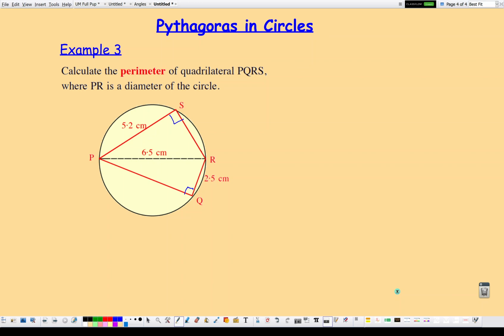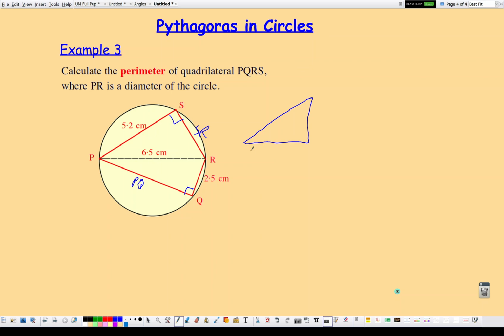Okay, so we've actually got two separate calculations to do here. I need to find the length of PQ, and then I need to find the length of SR. Now, they are both shorter sides on the right angle triangle, because this centre diameter is the longest, the hypotenuse, in each of the triangles. So we just need to do two separate calculations in this one basically. So just a wee bit of kind of extra work, but nothing really more difficult. So set up two triangles,